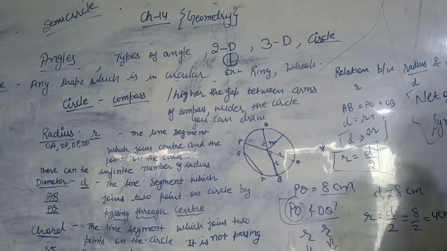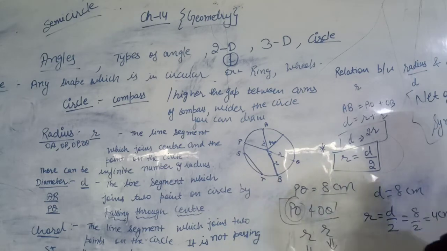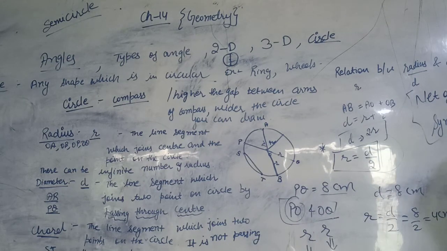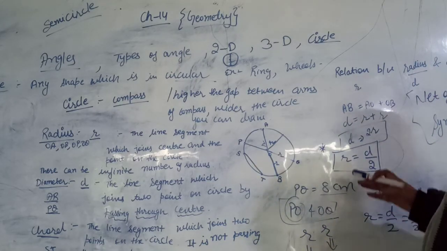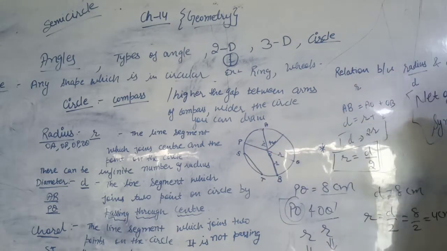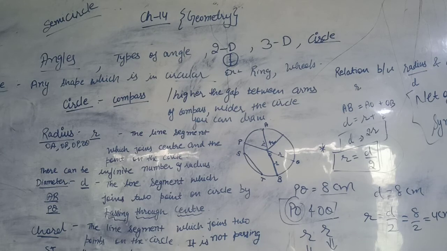We have discussed here all the parts of the circle: radius, diameter, chord, circumference, arc, and how you find the radius and the diameter. And one more point, that is semicircle, which is half of the circle. And with whose help will you make the circle half? With the help of diameter. Because what does diameter do? It divides your circle into 2 equal parts. Diameter divides the circle into 2 equal parts. Clear, beta? So with the help of diameter, you can draw the semicircle.